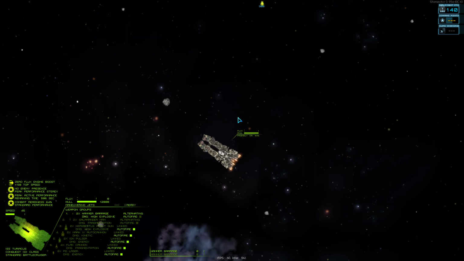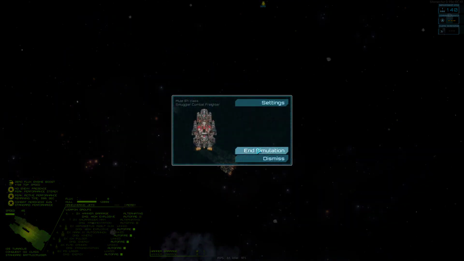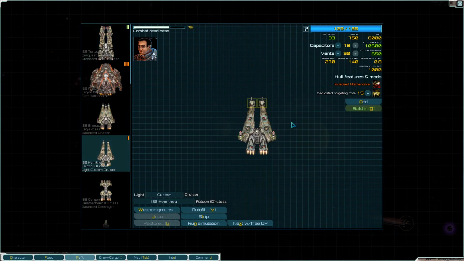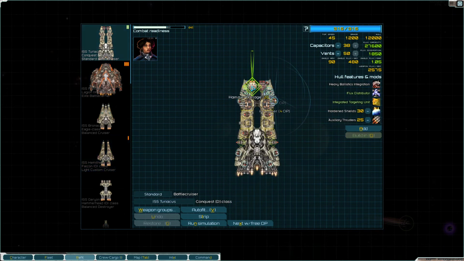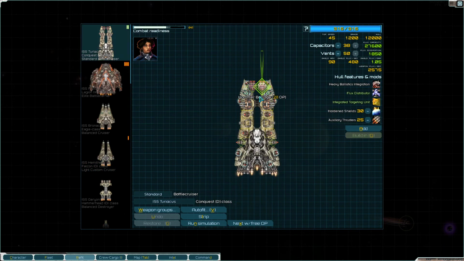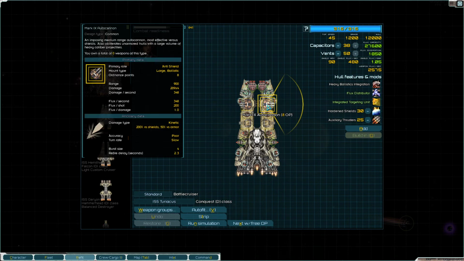But sometimes you can get yourself really in trouble if you're not paying attention. And when I was in my smaller craft, I'd have to be a lot more careful, as you can get messed up very quickly, especially if stuff is using torpedoes. Like this, I have torpedoes on it specifically because this does good damage against shields,